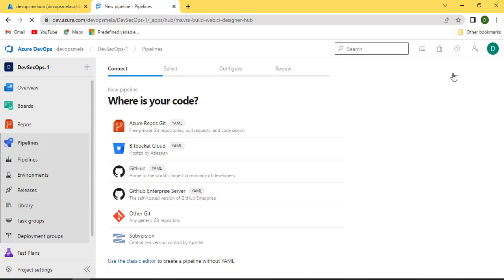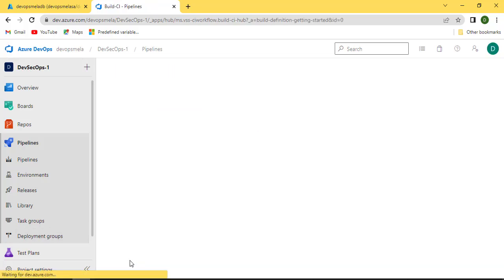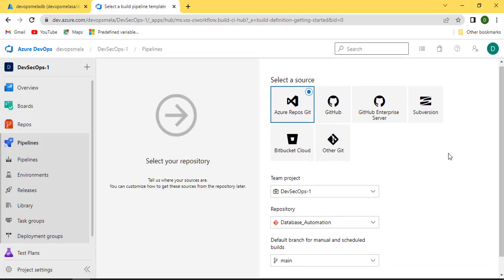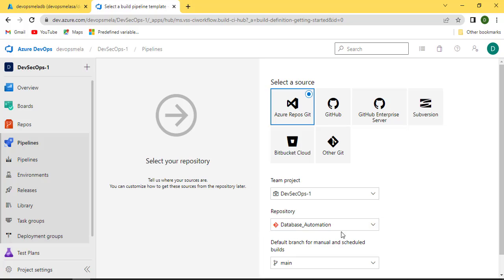I can use both, guys. If I want to use YAML, I can simply use YAML. If I want to use the classic editor, let's see the classic editor this time. I can use the classic editor also. So, database automation main,